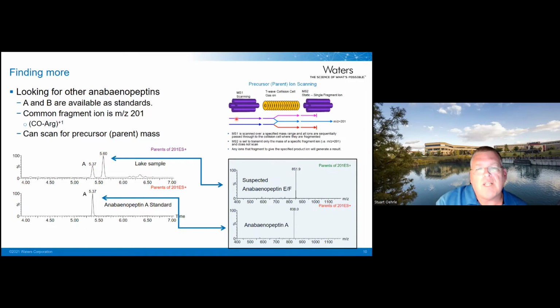So instead of before, where I let just the ion of interest in and fragmented it and looked at a fragment ion, this time I'm letting everything in, fragmenting, and only monitoring for this fragment, and then saying, okay, once I saw this, what caused it? What was the original parent or precursor ion, as it's called, that formed this? You can do that with a lot of compounds. Microcystins typically give a fragment at 135. I can do the same thing where I monitor for 135 and then look for all the masses that gave me 135 and see if any of those correlate to other microcystins that you may not have standards for, but have been discovered and verified using other techniques.